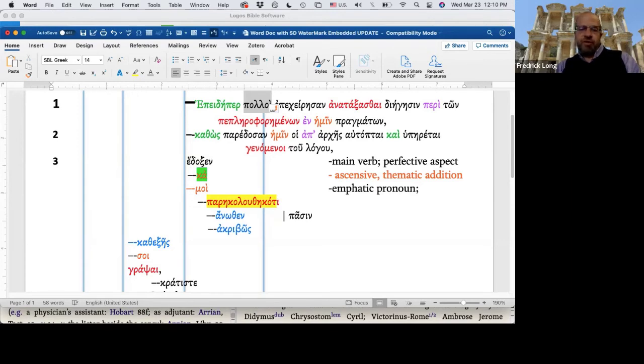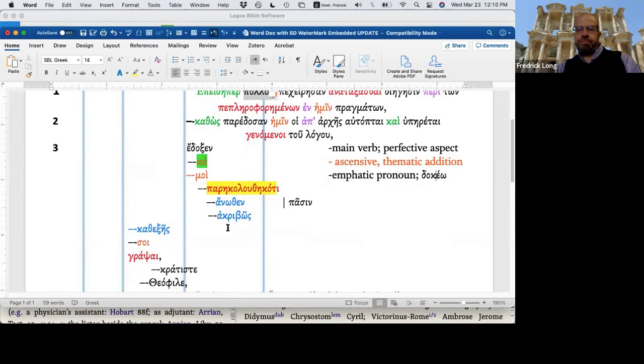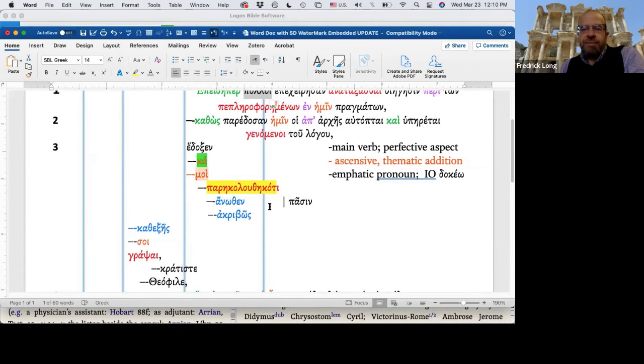And so this is the emphatic pronoun. And it's functioning as the, working with this verb dokeo. This is just the beginning, dokeo. We can maybe call it the indirect object, or this is really just the idiom of dokeo when it takes the infinitive as its subject. Something seemed good to me, so it seemed good to me. Sometimes you have an infinitive, sometimes not. So this is part of the idiom with this verb, that it can occur like that.